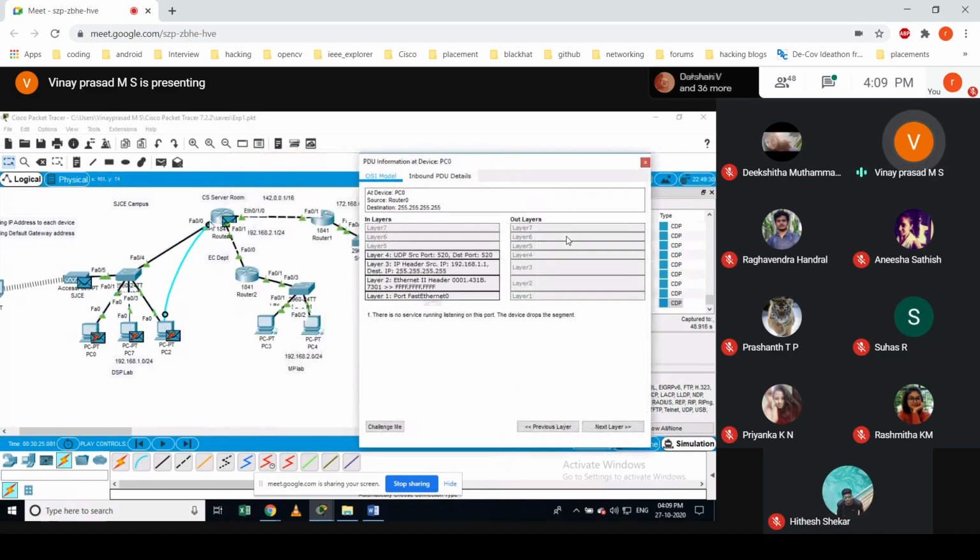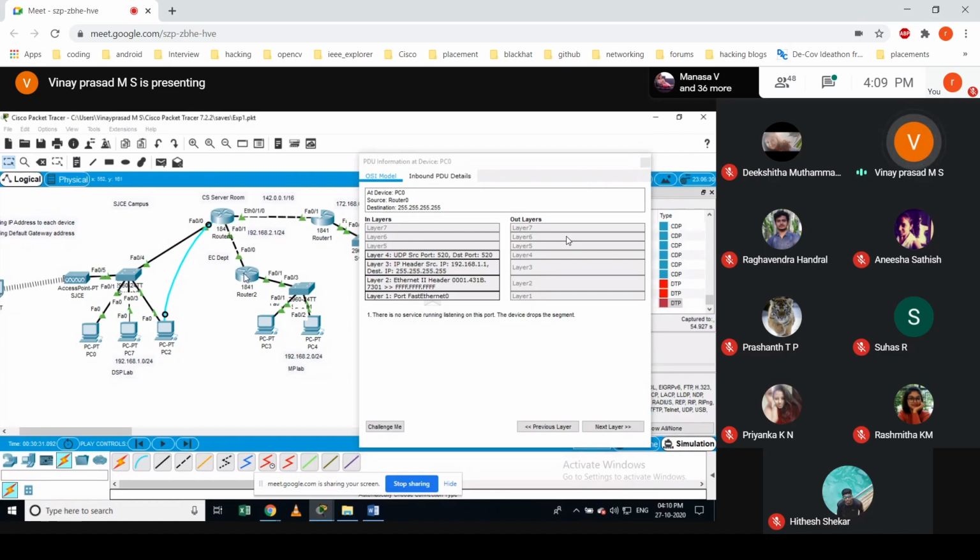So it uses this IP address as the source IP address, which is 1.1, and it uses the destination IP as the broadcast address, 255.255.255.255. This is the limited broadcast, right? This is the limited broadcast address which is used, and that will be broadcasted in the single broadcast domain. Because if you look at how many broadcast domains we have here, it's only one broadcast domain, so that would be broadcasted.